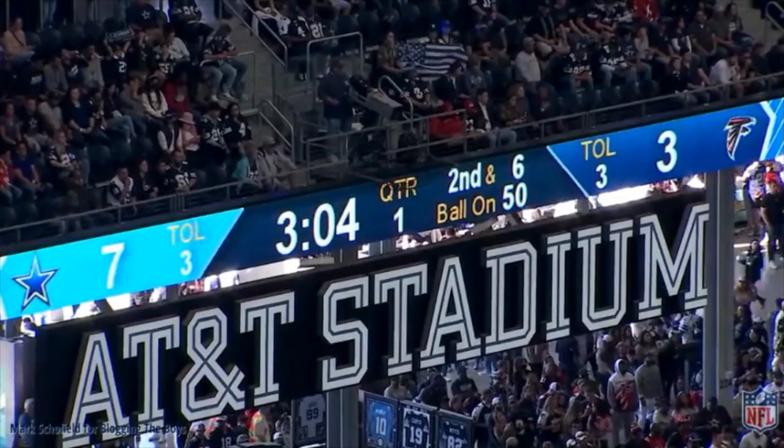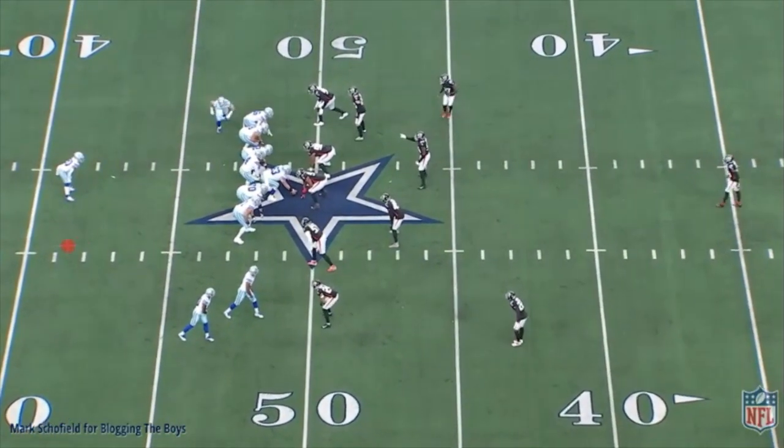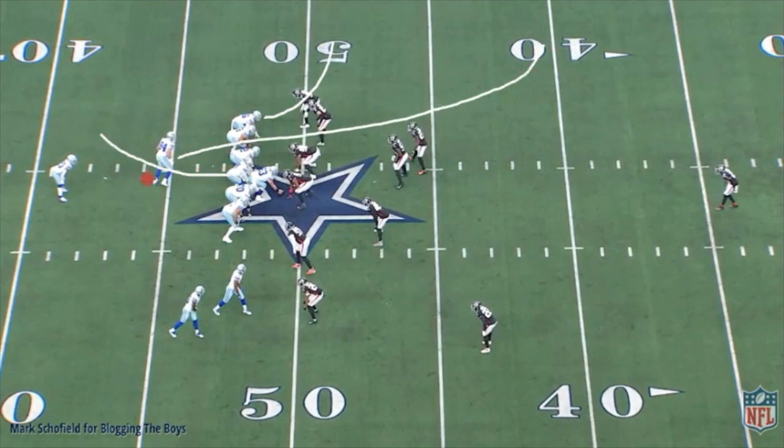You get a 2nd and 6 situation late first quarter. You're going to move McKeon, the tight end, back into a fullback alignment. It's going to set up another sort of 2-man game here. One tight end to the flat, the other in the deeper route. Dak's going to boot left off this. This is one of 2 examples we're going to look at from a mechanical standpoint because he'll have some pressure in his lap off the edge when he tries to make this throw, but still does a very good job